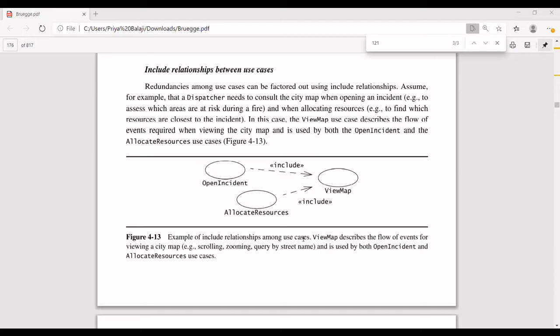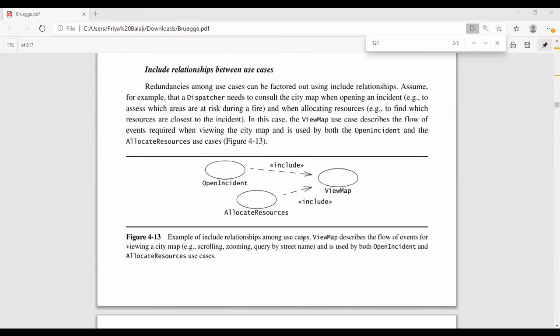Without knowing the location, where can I send the fire engine, where can I send the ambulance? Without the location, I cannot tell the ambulance or the fire engine to go to Bangalore East. Fire is happening in Bangalore East. Bangalore East where? Which particular area, which particular location, which particular latitude is it happening? So we should tell exactly what the particular location is. For that, you need to have the map. It is a must to include.